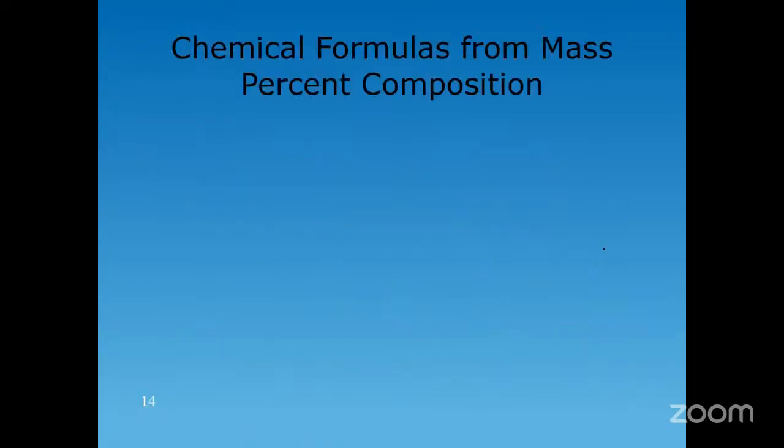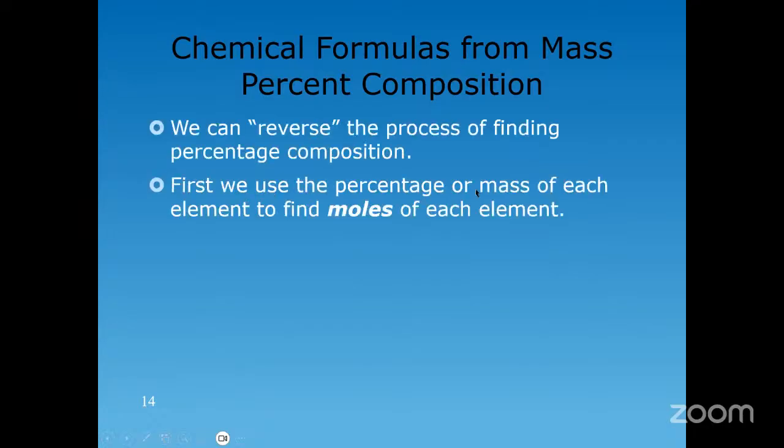Okay, so now what we have done is relatively easy. That is getting the percent composition from the formulas. The reverse is a bit more challenging, all right? In other words, if you're given the percent composition of a particular compound, how can you determine the molecular formula, right? Well, it's a bit more difficult to do that, but there are some steps involved which I'm going to go through. The first of which is that basically we express the percentage for each element, if you're given that data,